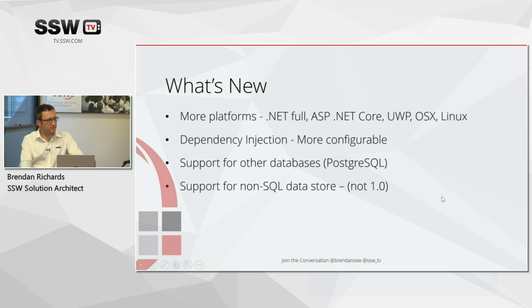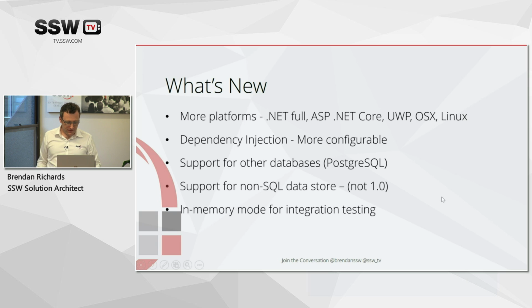That's on the roadmap. And finally, there's a new feature which is called in-memory mode, which you can use for integration testing. In this mode, you've got this kind of fake in-memory database, so you can run some test scripts and act as if there's a database there and test your features. But it doesn't actually talk to a database, it just does this stuff in memory. It's more of an integration test than a unit test. I wouldn't use it instead of unit tests. But for things where you really want to test what Entity Framework is actually doing behind the scenes, and make sure it's doing what it's supposed to be doing, then that's an extra option for testing.